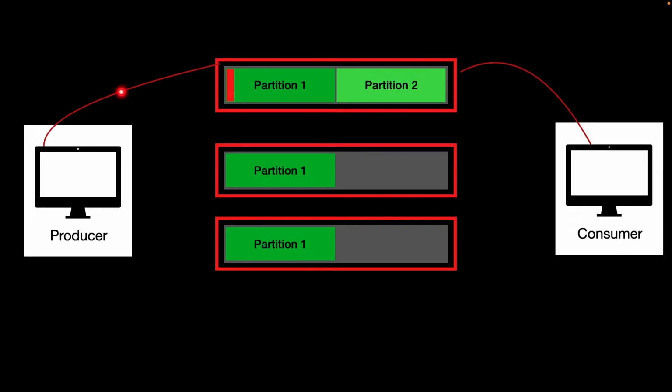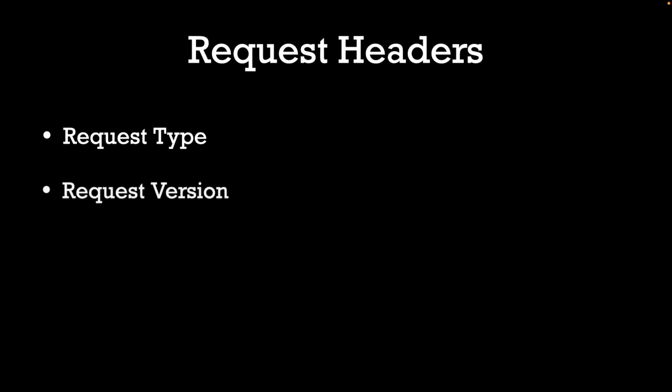The requests flowing between the producer and the brokers, and between the broker and the client, have the following headers. The first header is the request type. This variable tells what type of request the client is making. Generally, this is equal to an API call. After the request type, we have the request version. This variable tells what version of the client the particular application is running. Any serialization or customization based on the version number of the client can be handled using the request version.